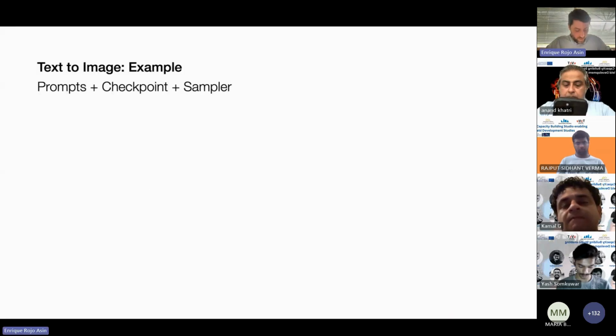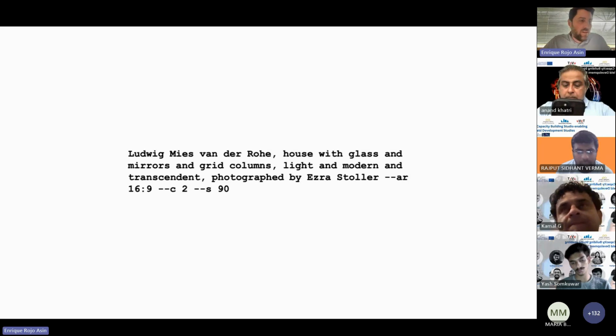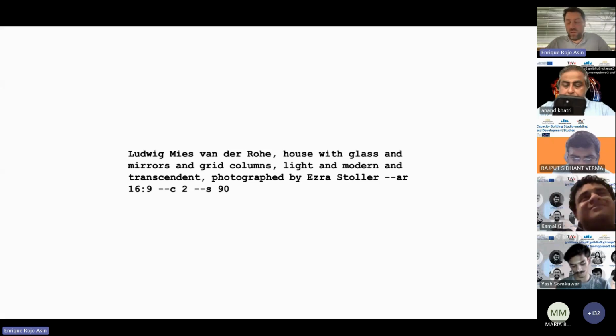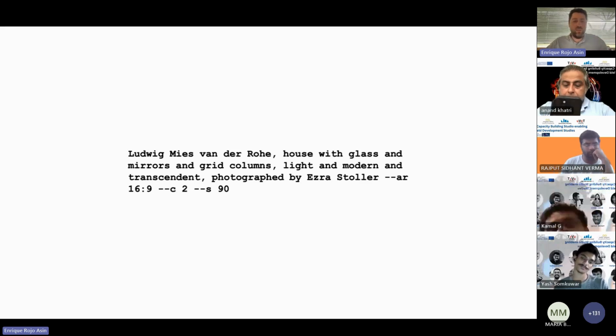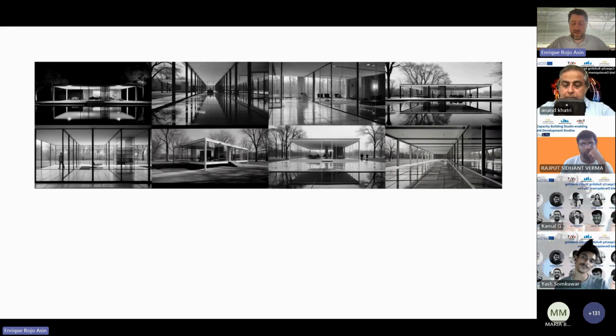And in the end, just a quick reminder of the last lesson. For example, if you write Mies van der Rohe, house with glass and mirrors with columns, a photograph by Ezra Stoller, one of the most important photographers of the 50s, 60s, and 70s, then you obtain these kinds of examples that, in a way, are similar to what we already saw with Zaha Hadid or Mies, for example.